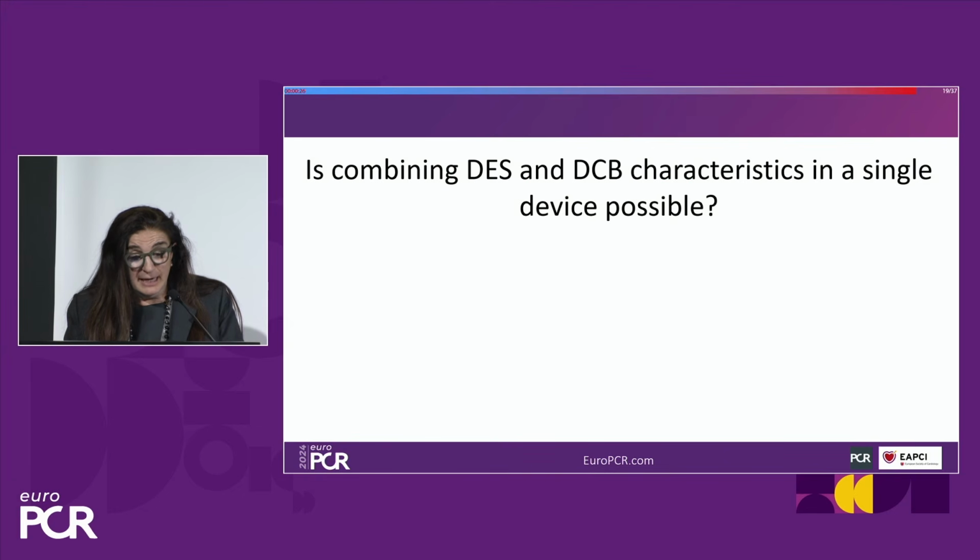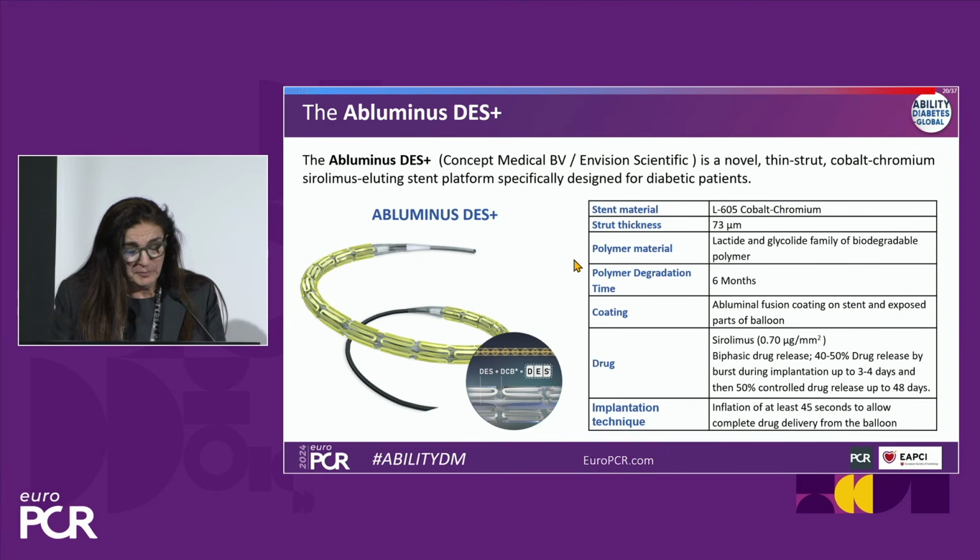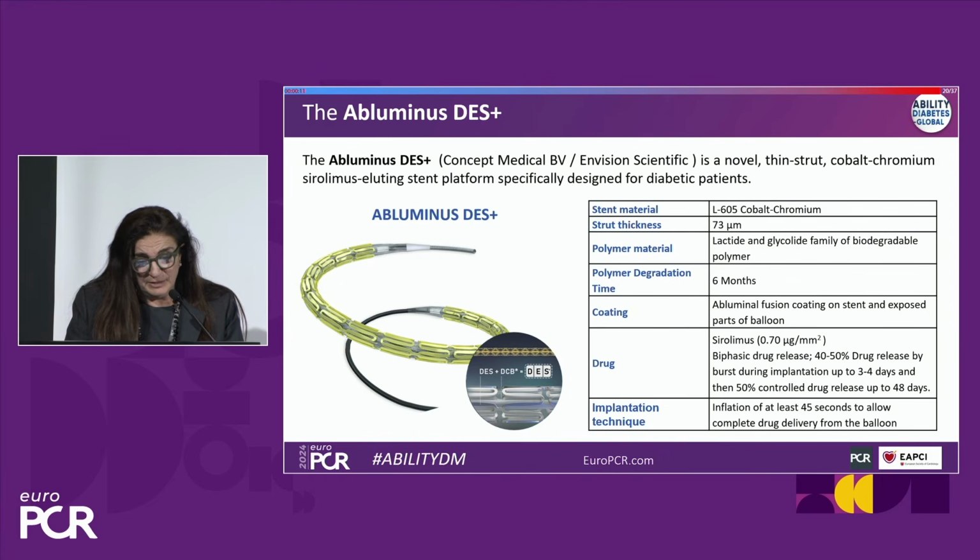And then, of course, is it possible to have a single device? That was the idea of the Abluminous DES. We had the fortune of working with Concept Medical on this novel device, Abluminous DES, a thin strut, cobalt chromium, sirolimus-eluting platform, designed almost for diabetic patients because of the abluminal coating with the drug sirolimus, and the implantation technique that requires 45 seconds because